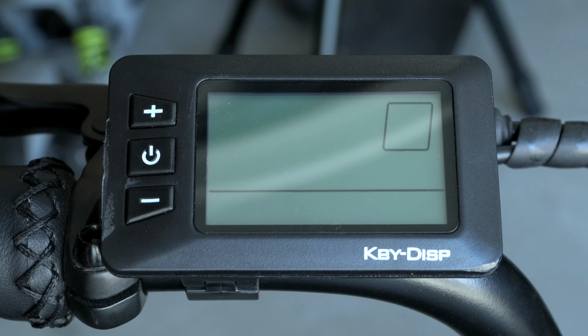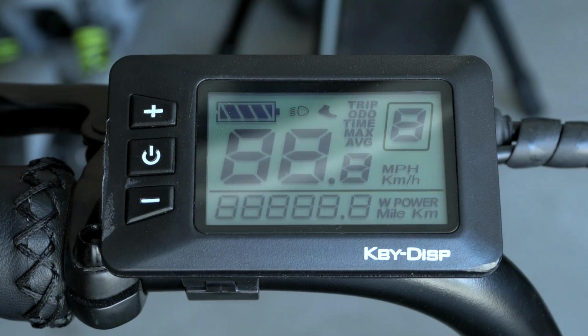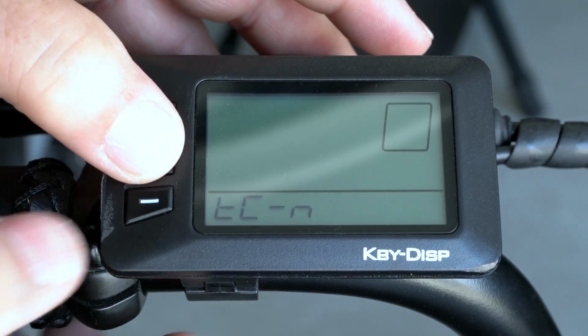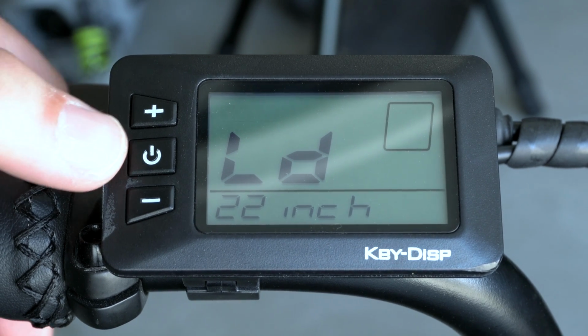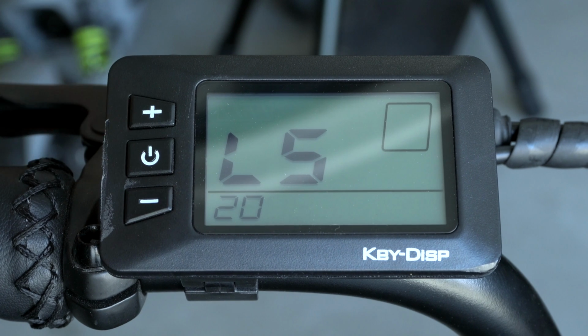Okay, let's get started by powering on the bike. Press and hold down the plus and minus buttons until the screen changes. Now press the power and minus button down till you get to this screen. Now once you get to this screen, press the power button, just tap it, and get to that screen that